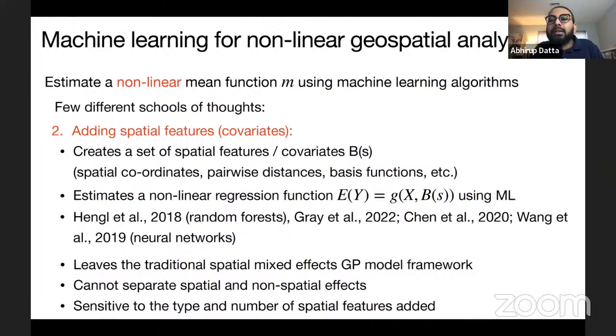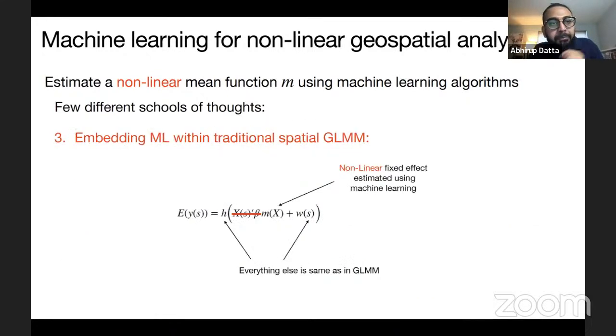And if there is not a lot of data, then how this method works is highly sensitive to how you choose these basis functions, as we'll show. If you choose too many basis functions, the effect of the true covariates is going to be drowned out. If you use too few basis functions, it's not going to be able to capture the spatial features. So it needs a lot of careful curation of this set of basis functions for this to work. Or if you have a lot of data, then you can just throw in a large number of basis functions, and it will work as well.